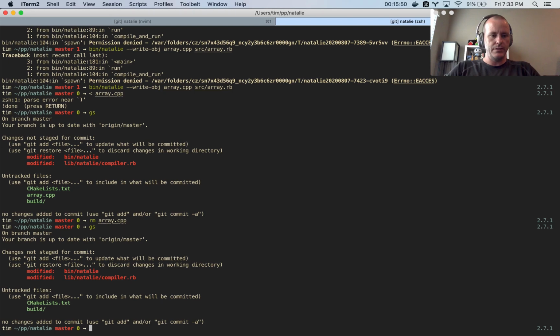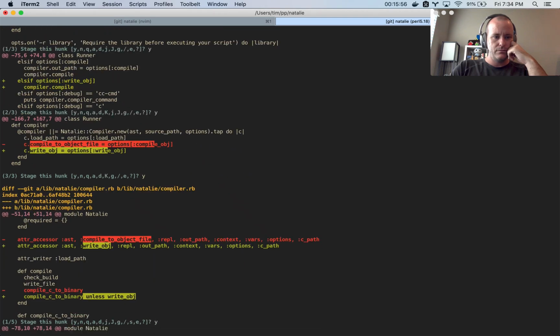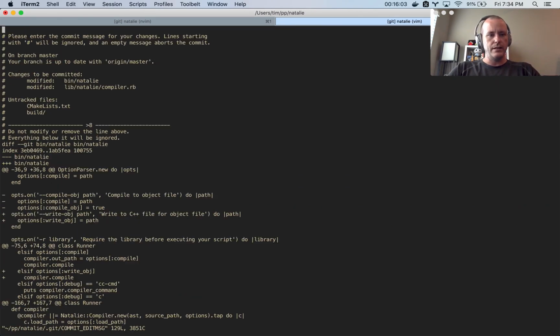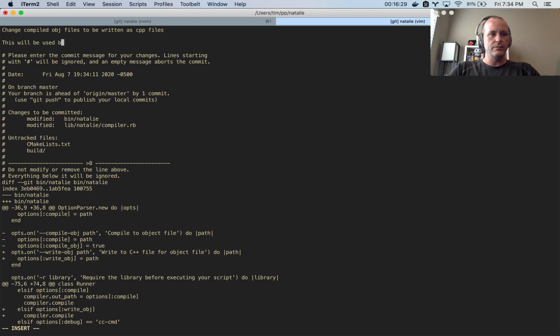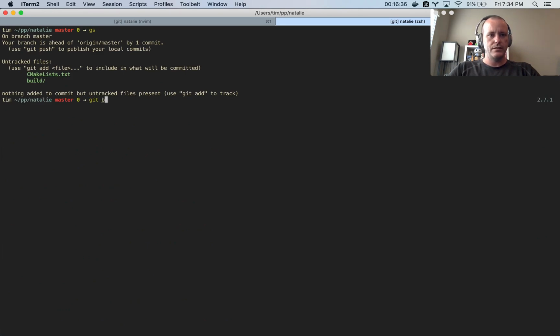Cool. So let's commit that. Let's commit that. So cap and bin and yes, yes. All that is good. Okay, cool. Just want to make sure I didn't get anything else in there. Somehow I lost syntax highlighting on this screen. I'll have to fix that. Let's see, change obj files to be written as CPP files. I don't know. Let's say this will be used by Cmake. What I meant to do was do a branch for Cmake, and I had an old branch for Cmake, so